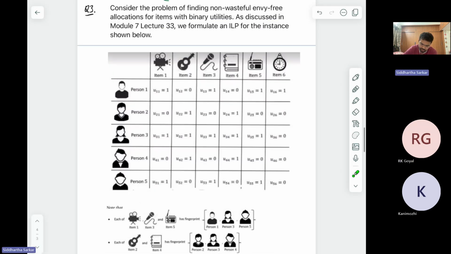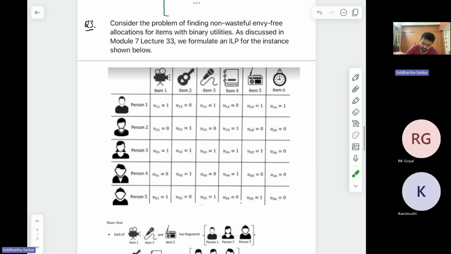Yes, so these items have to be distributed. There are 6 items. They have to be distributed to these 5 people so that everything is distributed and no person